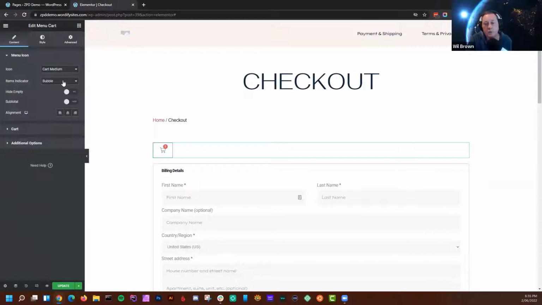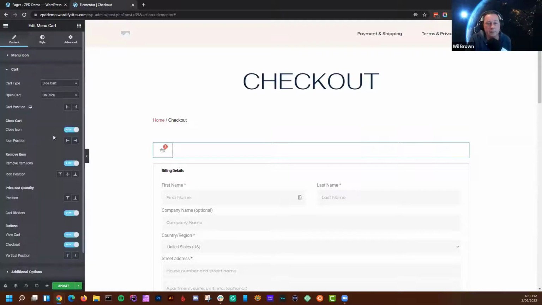And you can change the little item indicators. You can have it plain. You can have none in there, just a cart button, or the bubble that tells you how much stuff is in there. You can change the cart to be whatever it is, like a basket and stuff. And then within the cart itself, you've got options for what type. So is it going to be a side cart? Is it going to be a mini cart? So the side cart is, let me just,